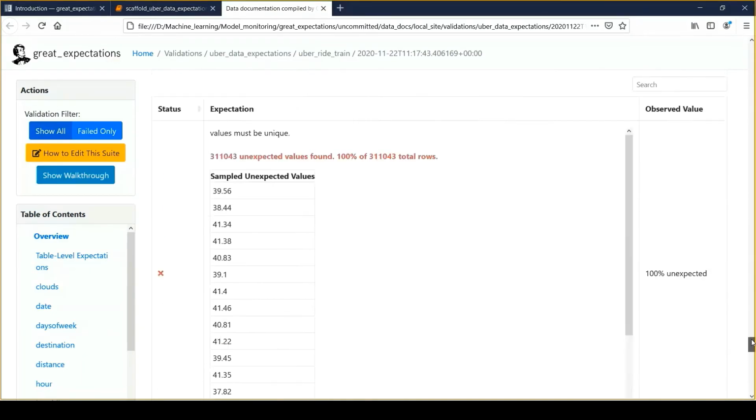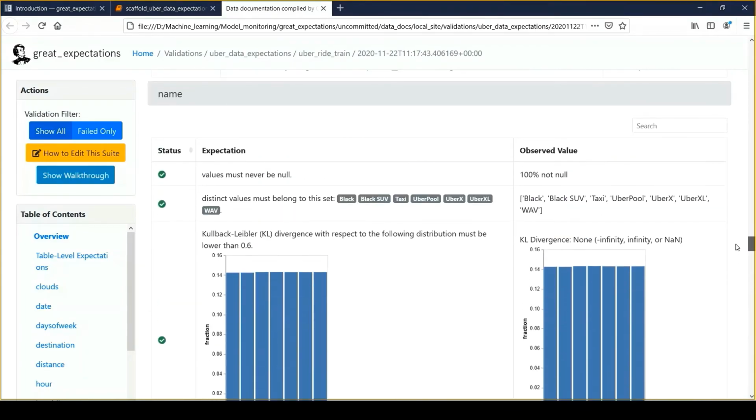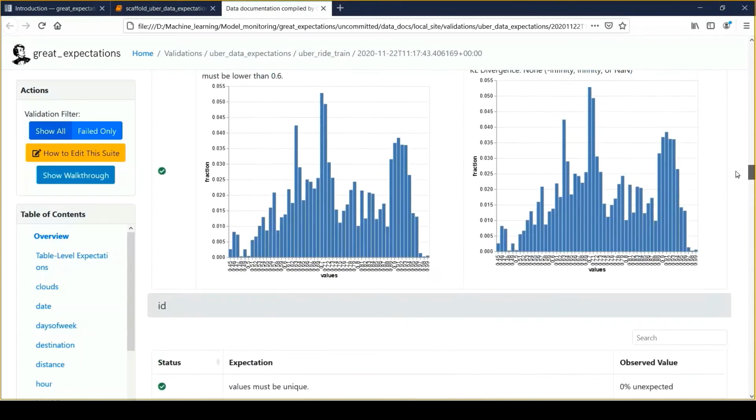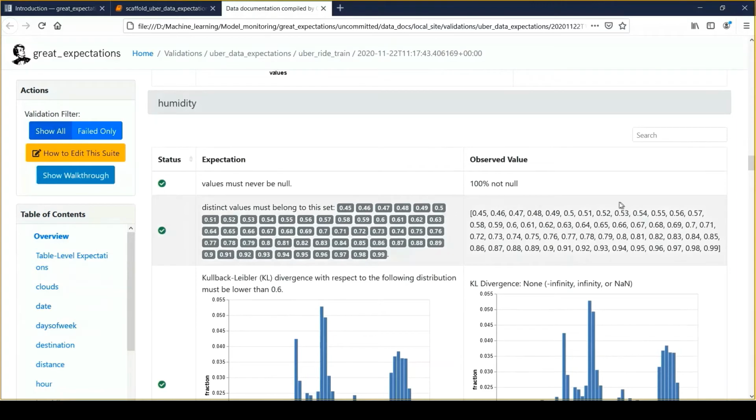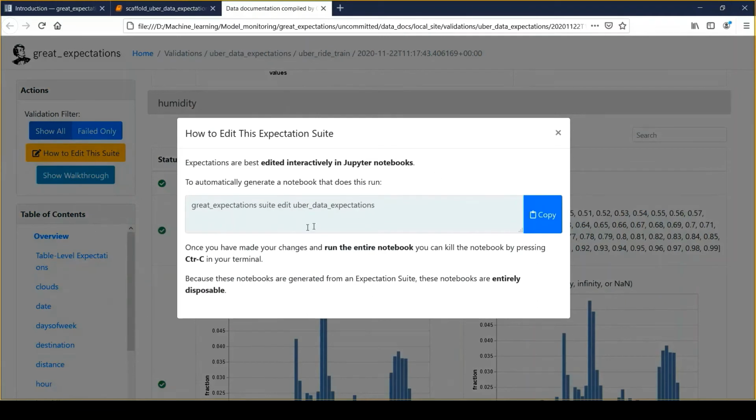Now we have already identified that some of the validations are not correct and probably we need to edit them. In order to edit, we can simply click here, how to edit this suite. Just click it here. It will give you an option: expectations are best suited to be edited interactively in the Jupyter notebook. In order to modify it, we just copy it.